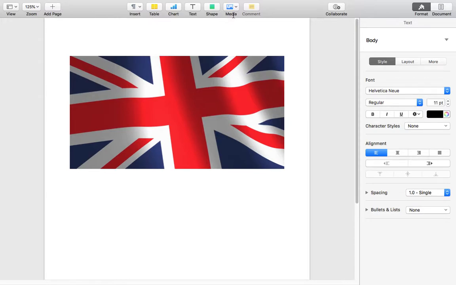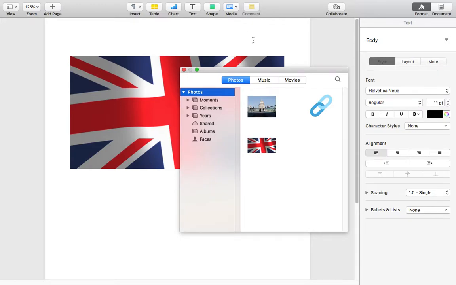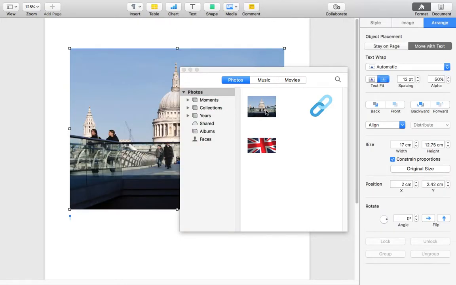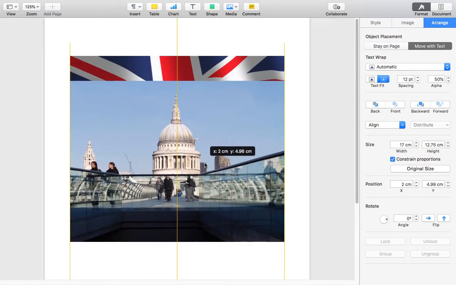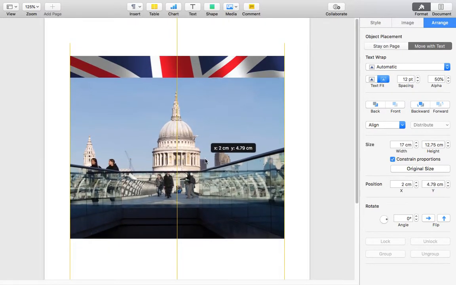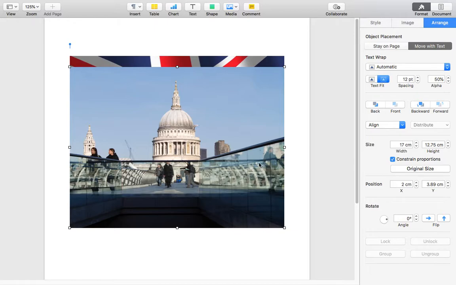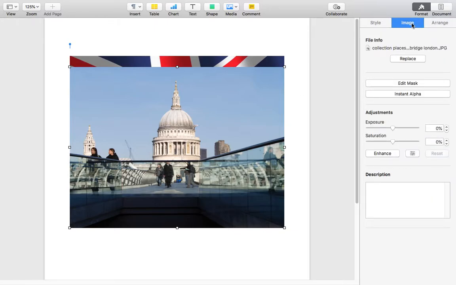Secondly, now we're going to insert another picture which is an icon for Britain, which is St Paul's Cathedral. And there's St Paul's. Now it would be nice if the Union flag would come through behind St Paul's there. So to do that we are going to look at the image and we're going to do what they call